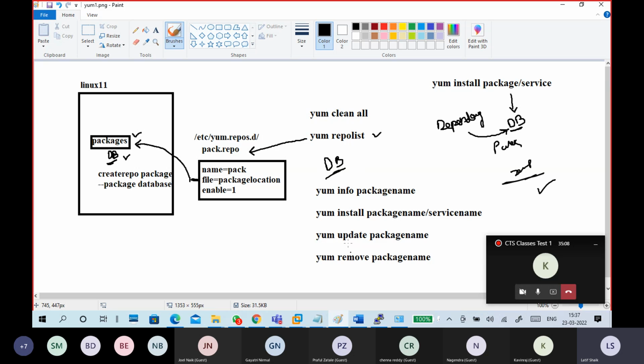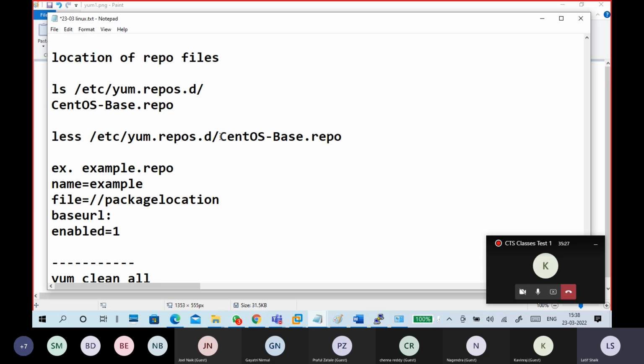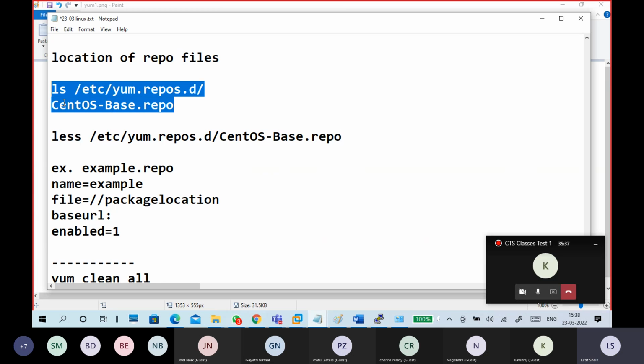Okay, so because of this repository database in your PC, we can easily install applications. Exactly, we can easily manage the application services. And why I prefer CentOS, that is also a point. Why am I preferring CentOS? For any batch, you check all my videos, for every batch I said CentOS only. Why is it? Because of two reasons.